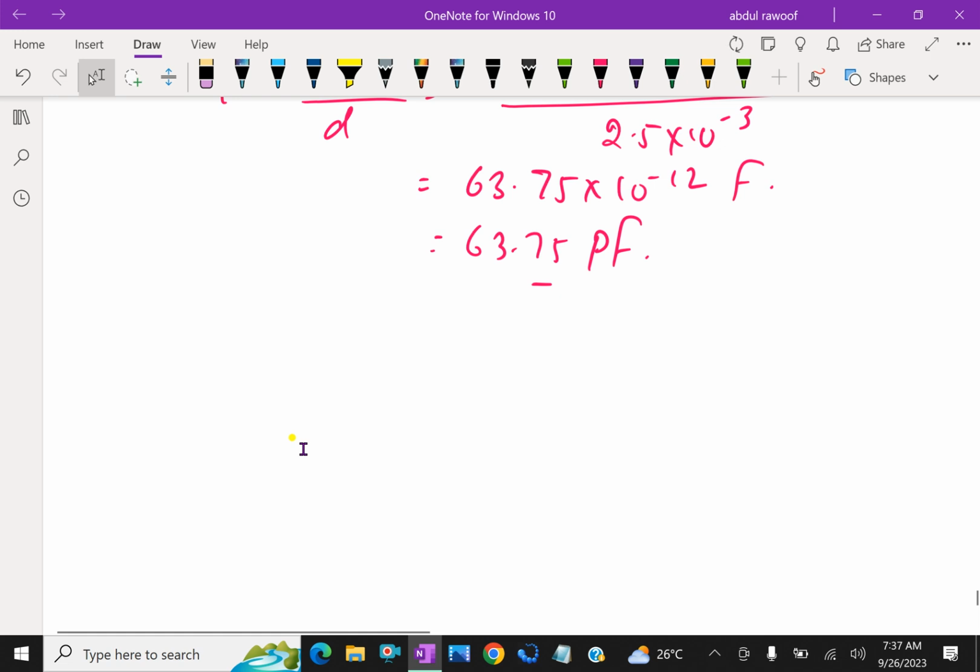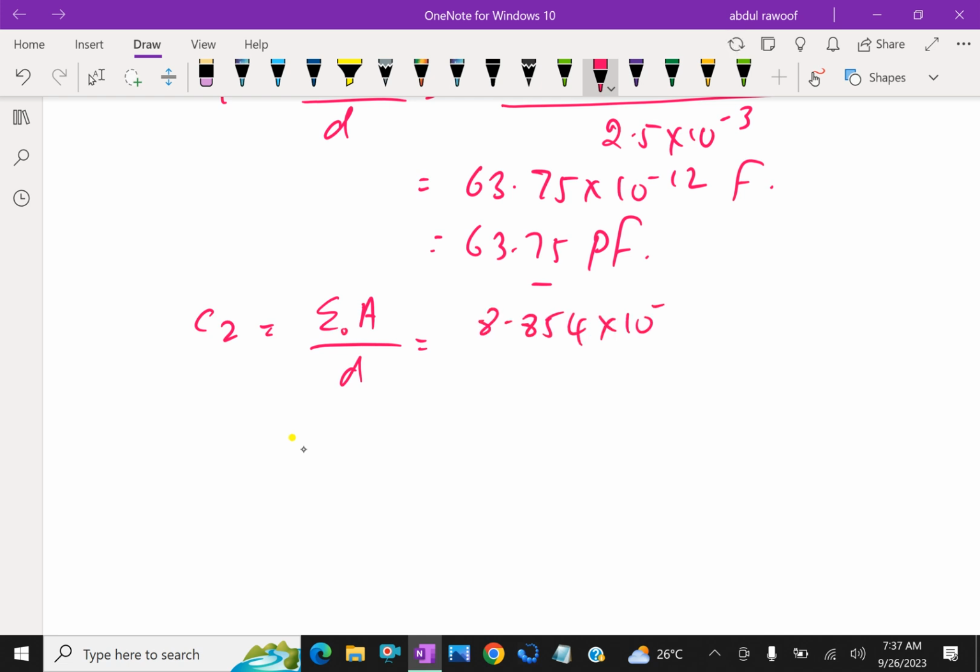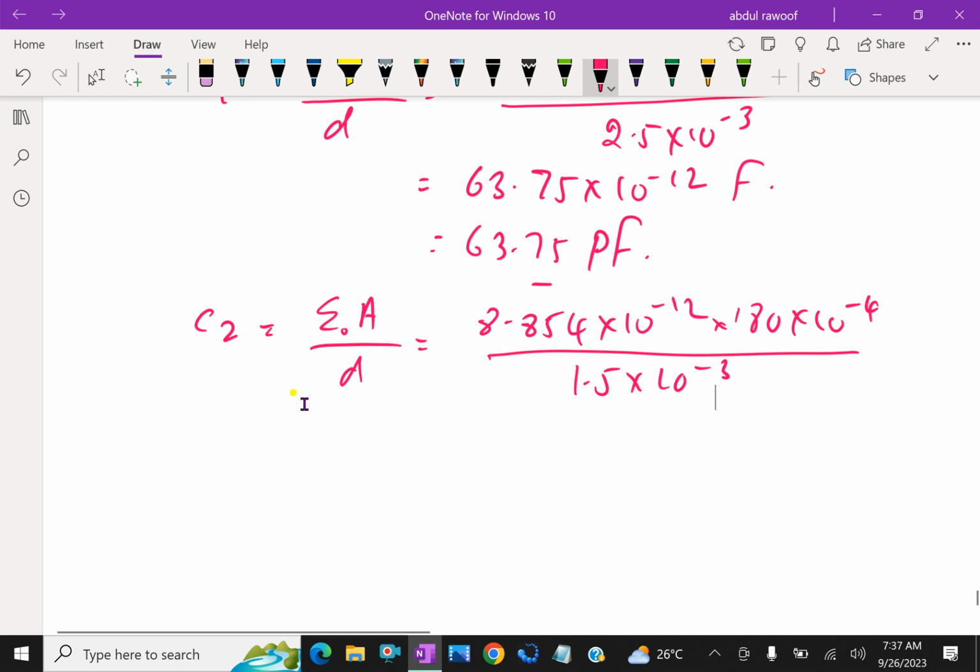Now the second case, C2. Look here, C2 is epsilon A by D. Here epsilon 0 is 8.854 into 10 raised to minus 12, into A, the same plate area, that is 180 into 10 power minus 4 meter square, over D, which is 1.5. It's reduced to 1.5 from 2.5. It becomes 1.5 into 10 power minus 3 meter. Now by new calculation it gives 106.25 into 10 power minus 12 farad, which is equal to 106.25